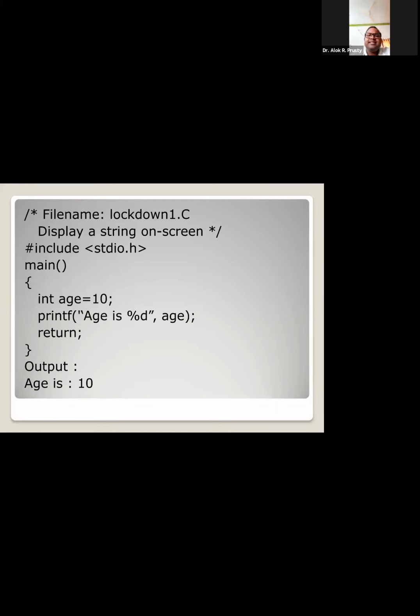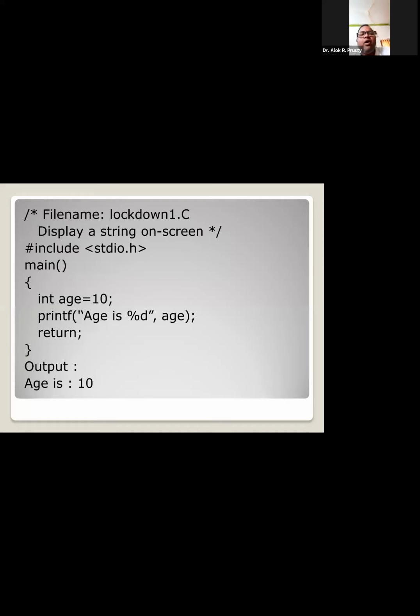Now what is the meaning of this? That means every system defined function can be used in the program only when you are including the definition, or the particular header file, in your program.